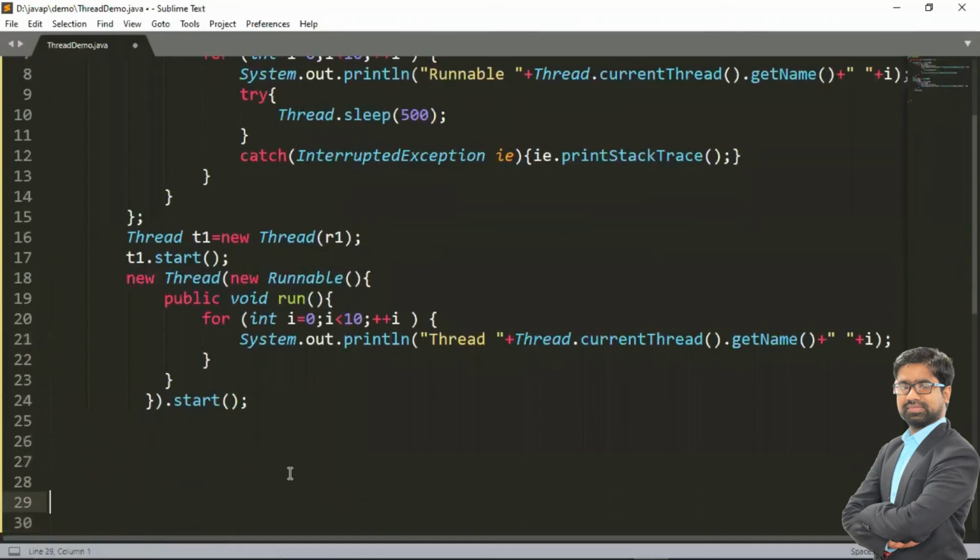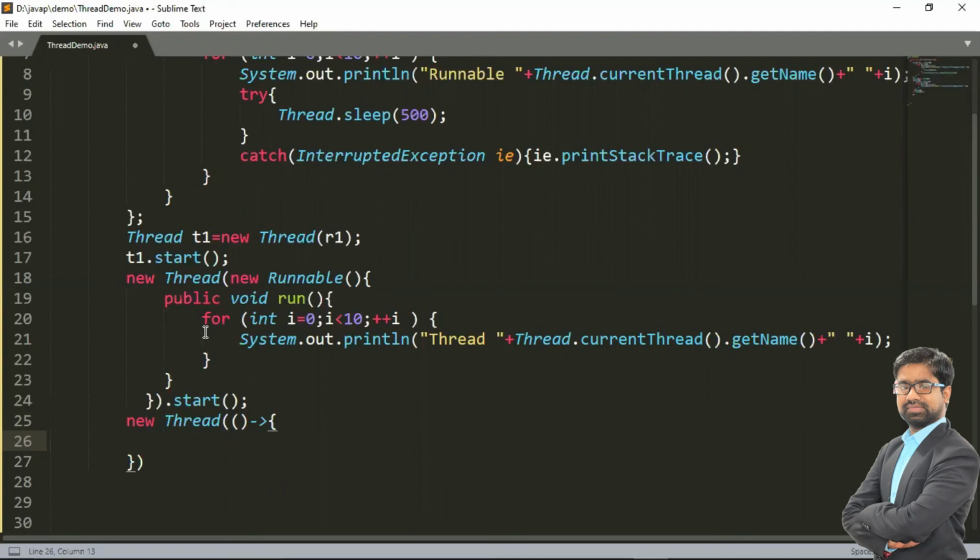So how can we use the Lambda function here? First we create an anonymous object of the thread class, and here we have to mention the Lambda function. How do we mention the Lambda function? In the Lambda function, we open this and write the logic here. Now how to write the logic? The same logic we have to write. It will call the run method internally, because only one abstract method is there. No need to write public void run method here in the case of the Lambda function.